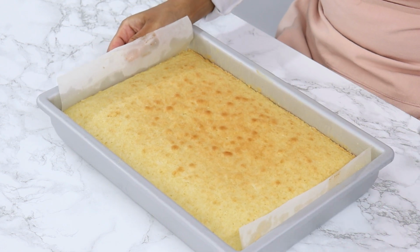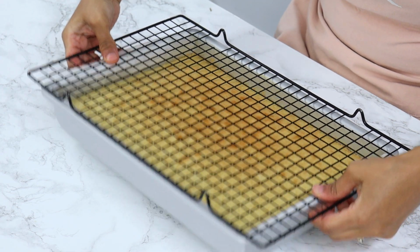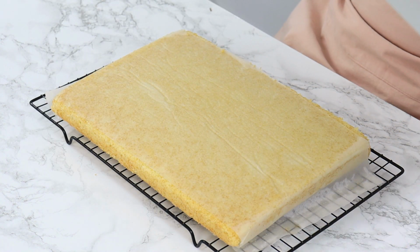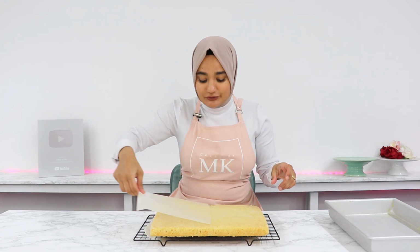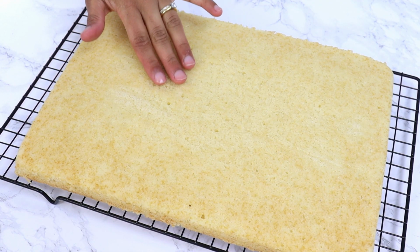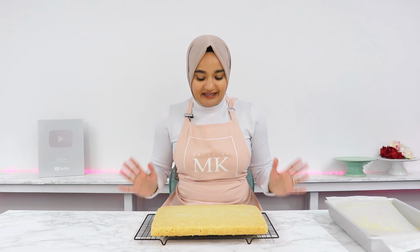And then I'm going to place my wire rack on top of my cake tin, hold my wire rack and cake tin together, and then flip my cake over. The cake smells so good. Now if you take a closer look at the cake, you can see just how incredibly soft this cake is. Now you just want to let the cake completely cool, and while it's cooling, we're going to go ahead and